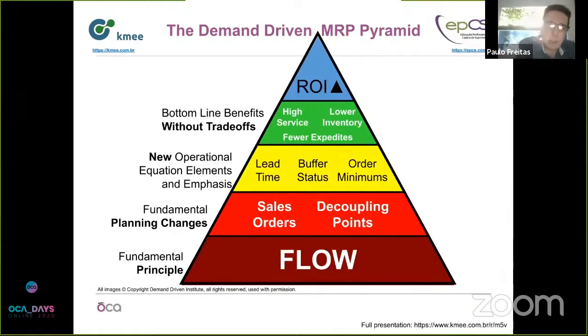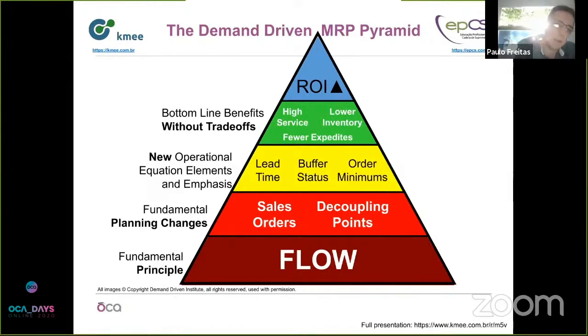And then in the middle, in the yellow label there, we have innovation, plenty of innovation. Lead time brings innovation, buffer status brings innovation, and the net flow equation, which triggers the order, also has a lot of new elements. There's a lot of innovation as part of this methodology. So it has evolved from previous technologies like MRP and Lean and Six Sigma and theory of constraints, puts them all together and presents it in a nice, easy to understand methodology.